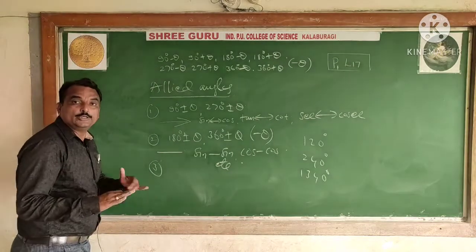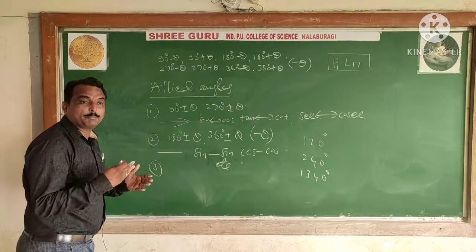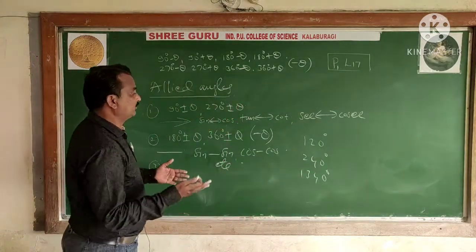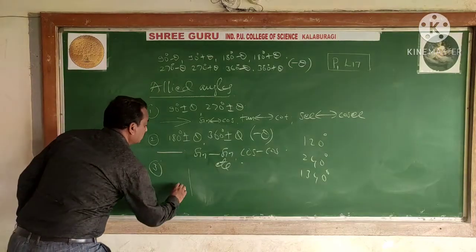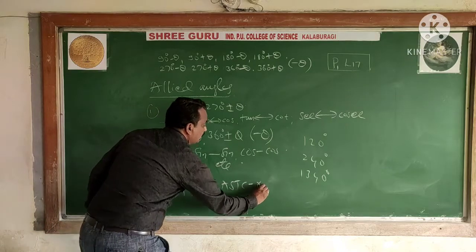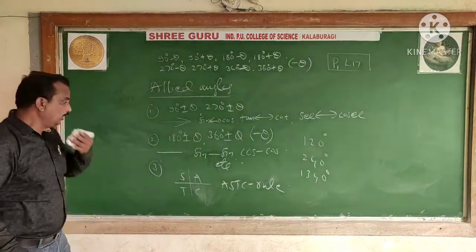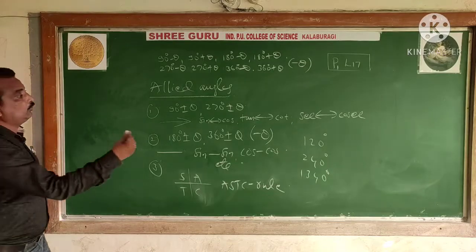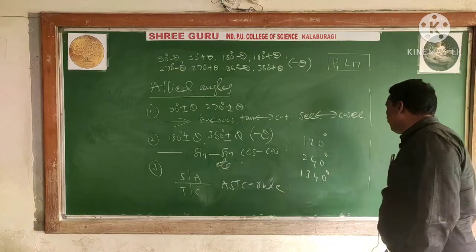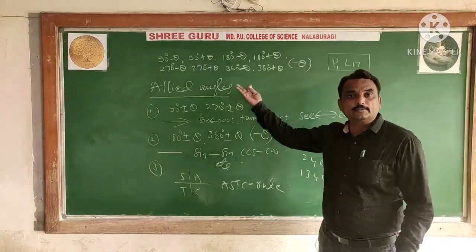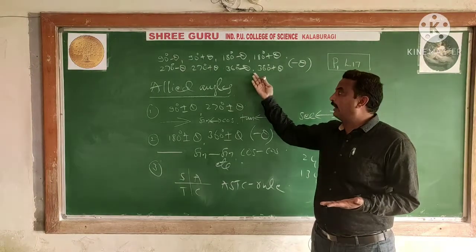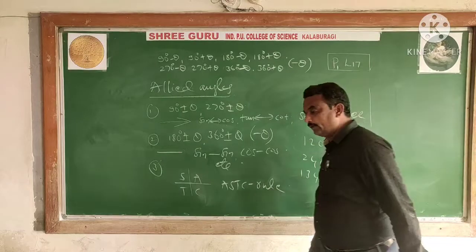Along with that, you need the plus sign or minus sign, depending upon the position of the angle, the standard positions. You should take this according to the ASTC rule. According to the ASTC rule, you take the positive and negative sign. If you remember these points, you may calculate any angles here. We have used this in the last 3-4 classes, calculating these allied angles, so you may use this here.